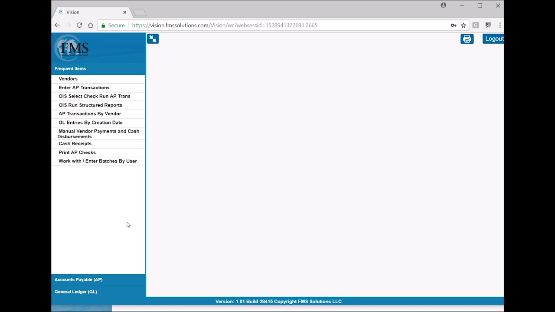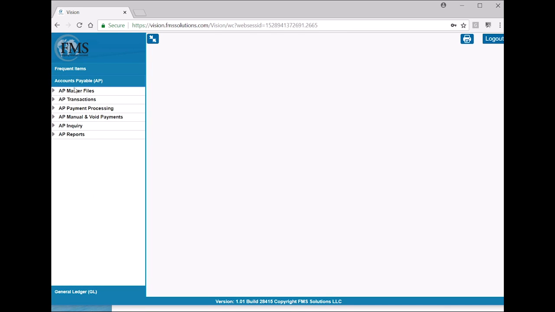And the menus again are displayed. There's our frequently used items as we discussed. We're going to go ahead down and go into accounts payable. So I click on the accounts payable. There's all my menu choices there to the left. Again, I'm going to click on the little triangle, and I can see the vendors are the only thing under AP master files. I'm going to click on the vendors,